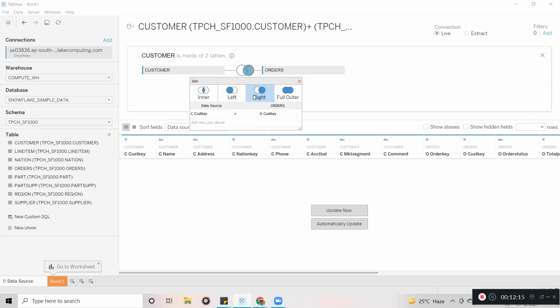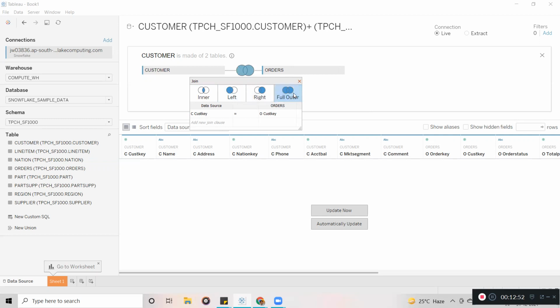In the case of right join, what is going to happen is the common columns between the two tables, meaning 101 as per our example, and also the 103 record. Here 102 record you are not going to get in this case, meaning matching records from both the tables and also unmatched records from the right side table. So this is a right table. Left table means matching records from both the tables and unmatched records from the left table.